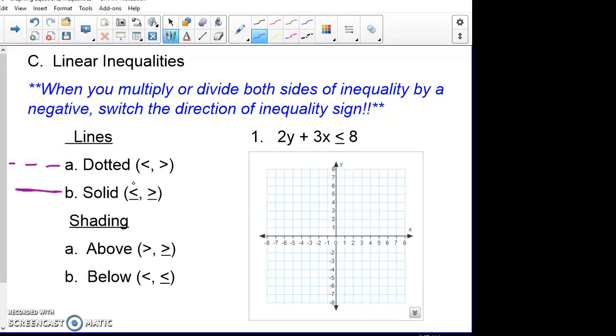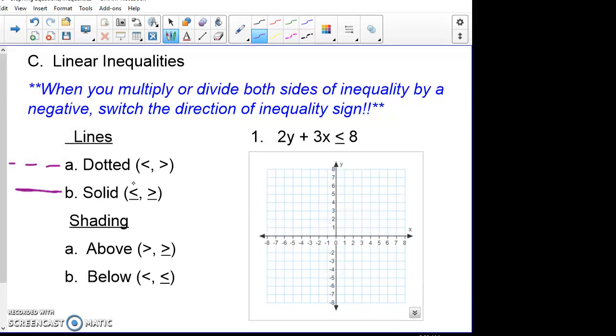The next thing that we need to talk about with our inequalities is our shading. This is a little bit different in terms of shading. We're not just shading to the left or to the right, but we need to be looking at whether we're shading above the line or below the line. Above is going to be when we're dealing with the inequality sign greater than or equal to. Below is going to be when it's less than or equal to. We'll talk about another method that we can also use if you're not necessarily sure where above and where below is. So if we look at this first example here, we have 2y plus 3x is less than or